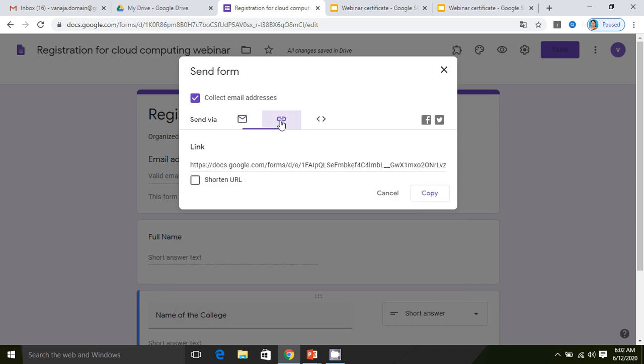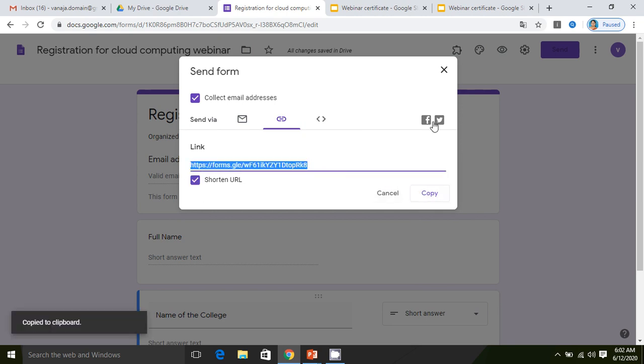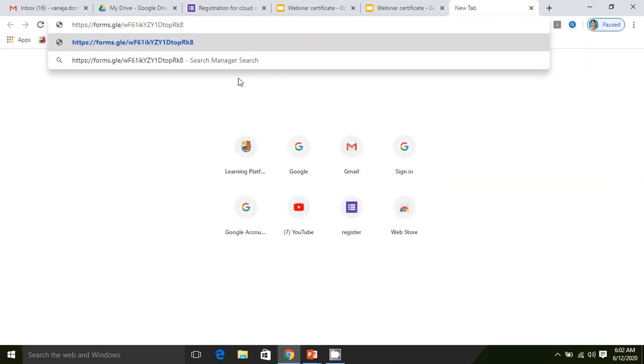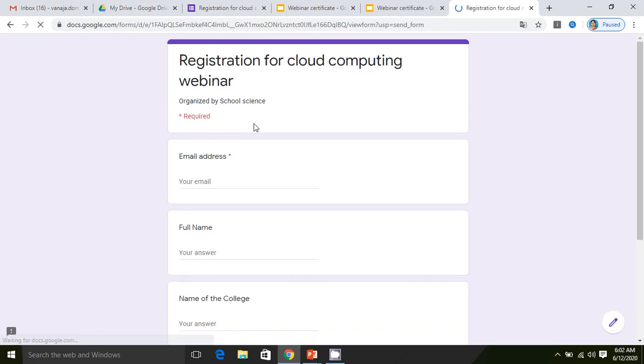This is the chain icon, and here you will get the link of this particular Google form. The link is lengthy, right? So you can shorten the link, copy the link, and register with it. Now let me register here. One response I will give. So I copied it. Now I'm going to register here. Just paste it here. Okay, so enter. You get to access the Google form.